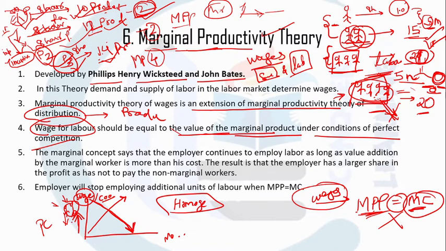And as the wages increase, the supply of labor increases. So labor would be more available. If I'm getting more wages, more labor would be available. So